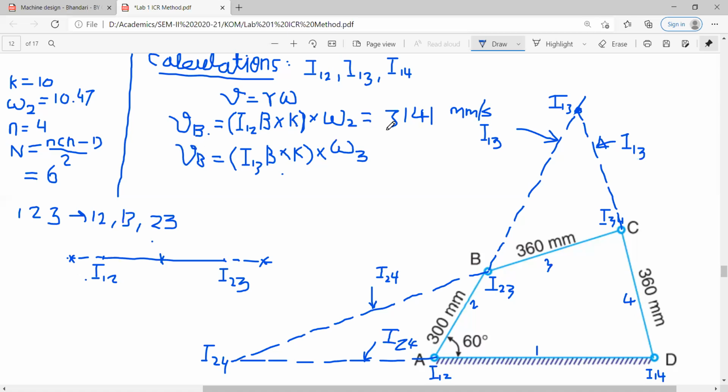Okay, ये अभी आपने फाइंड आउट किया 3141 mm per second। अभी आपको ये डिस्टेंस फाइंड आउट करना है I13 से पॉइंट B का डिस्टेंस। देखो आपने ये पॉइंट फाइंड आउट किया है I13, वहां से पॉइंट B का डिस्टेंस कितना आ रहा है, मेजर करो और mm में बताओ मुझे। 49 mm। ओके, और 49 mm को आपको k से मल्टीप्लाई करना है, मीन्स वो हो जाएगा 490 mm।